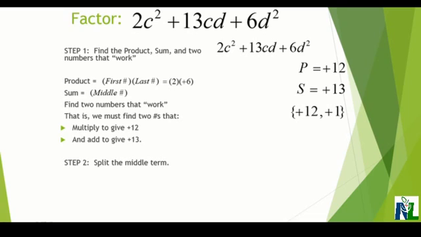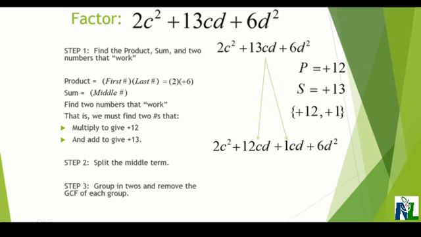In step 2, we split the middle term, and this is where we have to focus on the variables. In place of 13CD, we're going to use positive 12 and positive 1, but we're also going to include the variables. Remember, the first term stays as it is, the last term as well, and for 13CD we write 12CD plus 1CD. Step 3, we group our four terms in groups of 2 and factor out the GCF of each